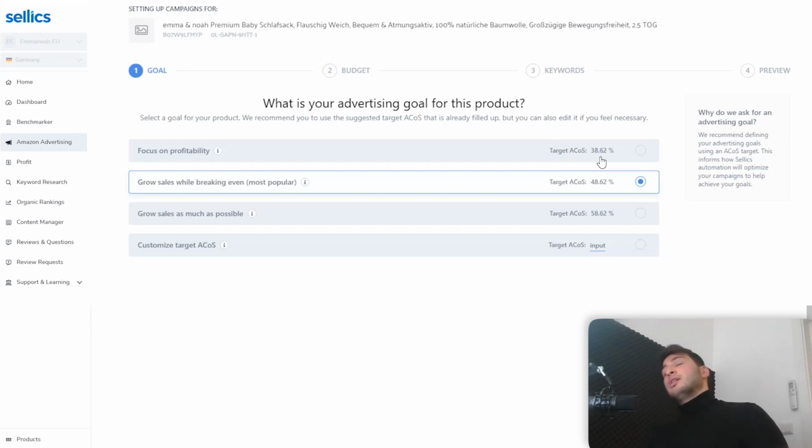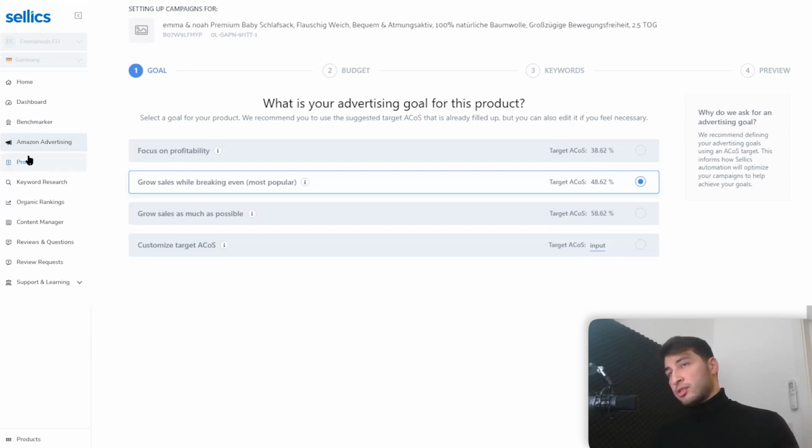So this is a very simple answer. Sellics will take a look at the data that we have from that ASIN that you just gave us. So it's going to take a look if you were advertising that ASIN before, what data do we have, how was the ACOS in the last period of time for your ASIN. And of course, what is also very important here at Sellics is that you can add the cost of goods for that ASIN into Sellics, and this will give you much better target ACOS basically, because we are going to also include your cost of goods when it comes to analyzing your profit margin.